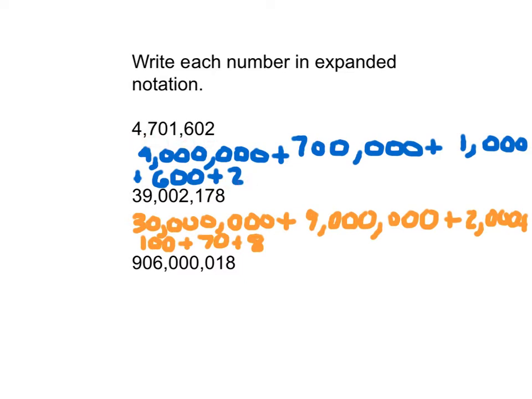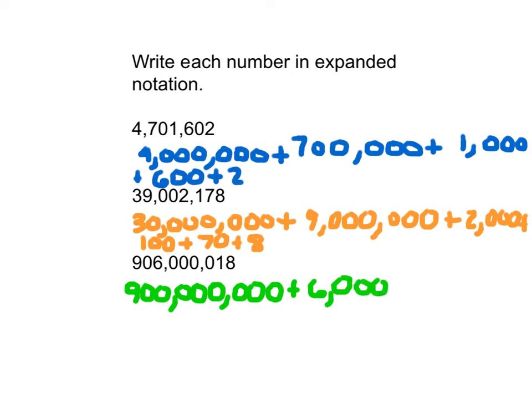I'll show you another way with that last number to look again to check. So we'll start at 900 million. Careful with the number of zeros that you place there. Then it's 6 million. Plus 10 plus 8. Alright, the other way that I was going to say that you could check this is